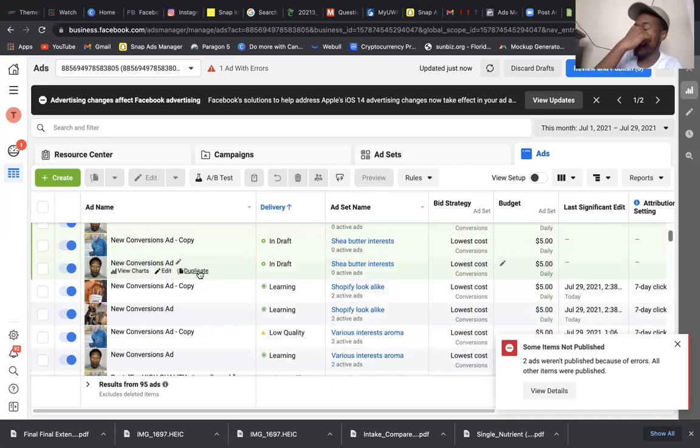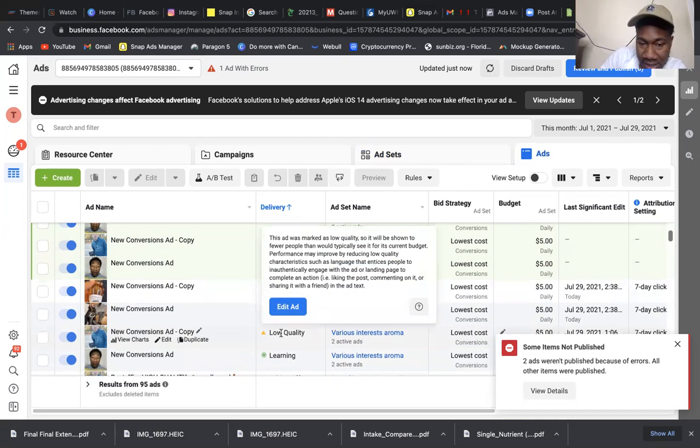Now, at the end of this, when I go to the help section, I'm going to show you. Facebook has a whole course explaining learning and low quality. So low quality, I'm actually going to turn this off. When you hover over these delivery information, they're going to tell you what your ad is doing or if there's a problem with your ad.